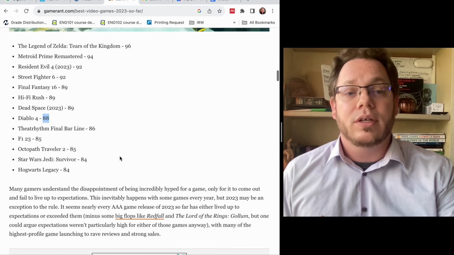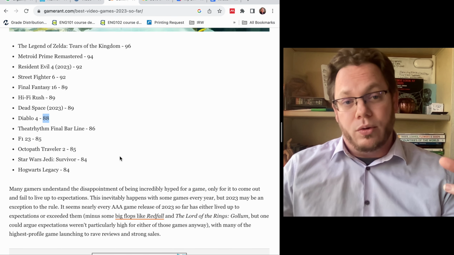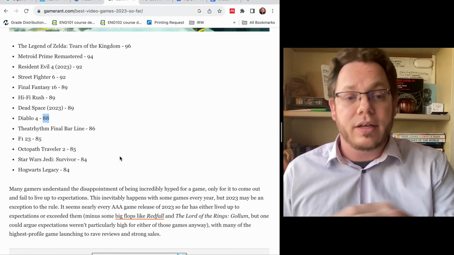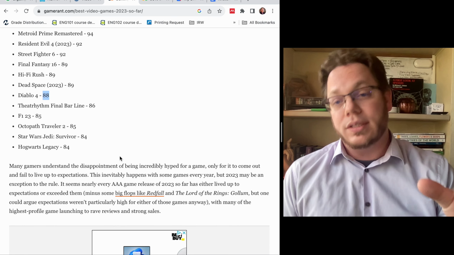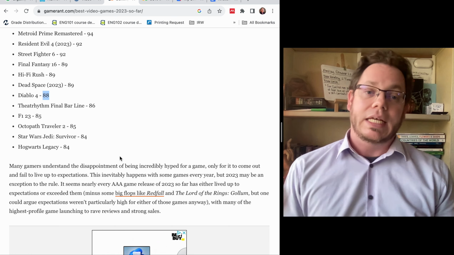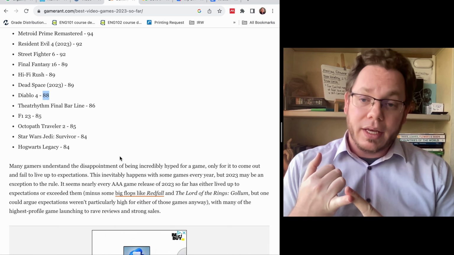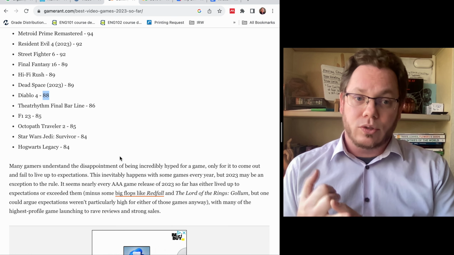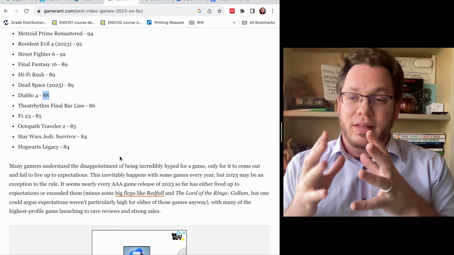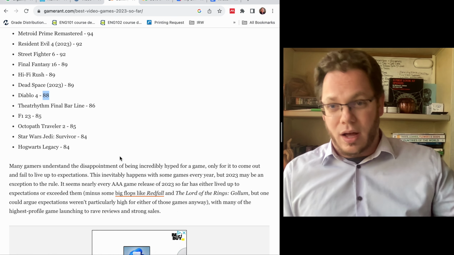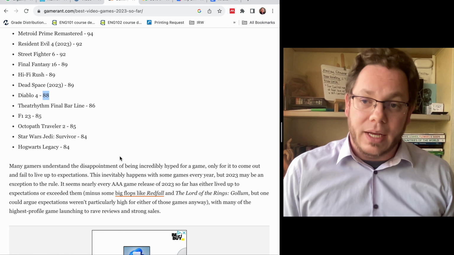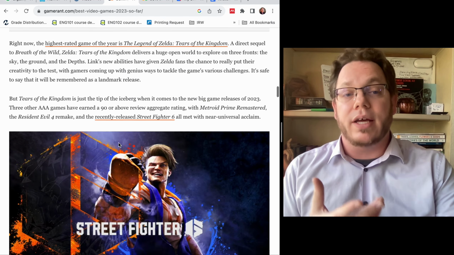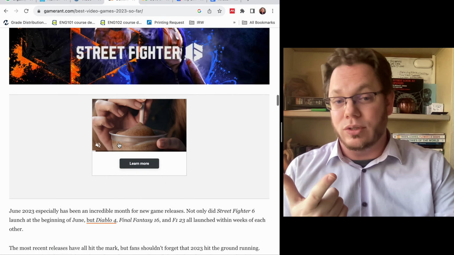A scatter plot might work, a table might work. Maybe you lump them into categories of how many games landed in this percent and then compare it. But how is this text presenting the information? Because they are making an argument that 2023 has some good games, that those good games compare well, and that this year as a whole compares well with other major well-known games in the gaming industry. So this would be a great text because they're making a claim and they're using data.